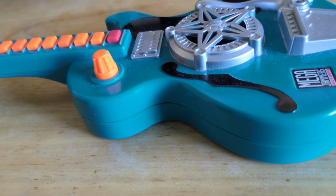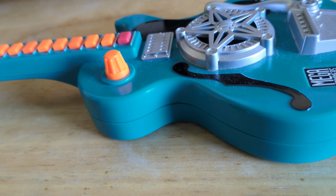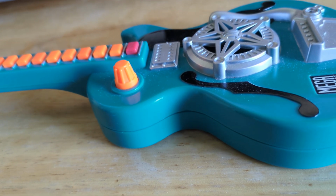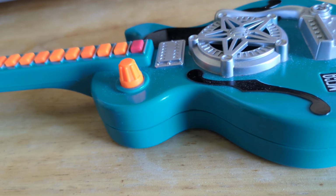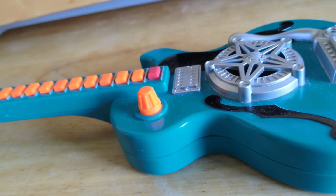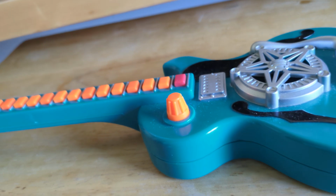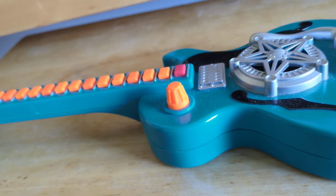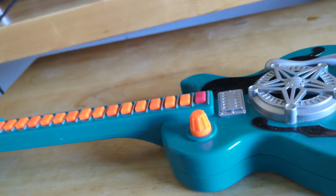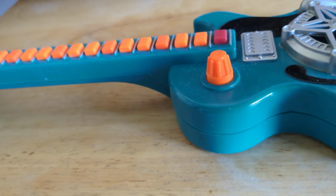And just from what I can find, this is the only mega jammer I think that they've actually put out. The only other instance of a mega jammer that I can find is a red variant of this very guitar. But otherwise, I can't seem to find any other sort of guitar or another sort of beat maker or percussion thing. I have absolutely no idea. Maybe it was like a brief experimentation. But anyway,